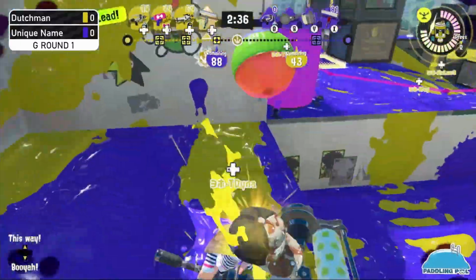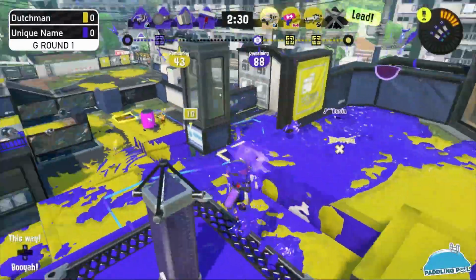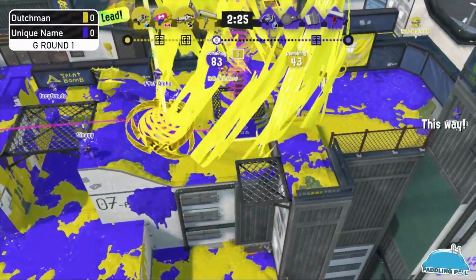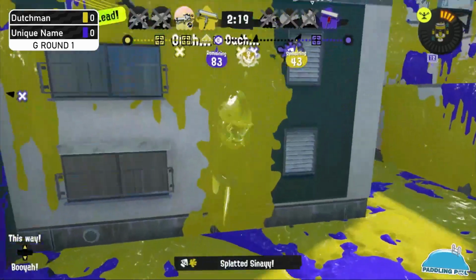And, yeah, it's been a really impressive showing so far, Pat. I'm quite impressed with what Dutchmen are doing. But Unique Name managing to slowly crawl ahead, so they're starting to feel Dutchman's strategy out, I think, aren't they? And they got rid of that Dynamo. That Tri-Strike is going to delay everything, but Unique Name in a good position to maybe get that first checkpoint,